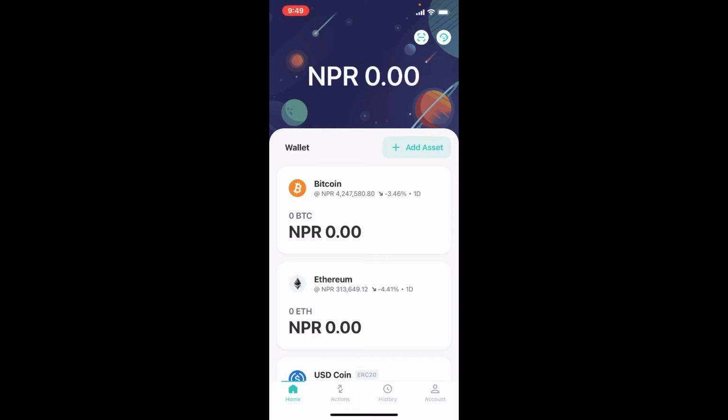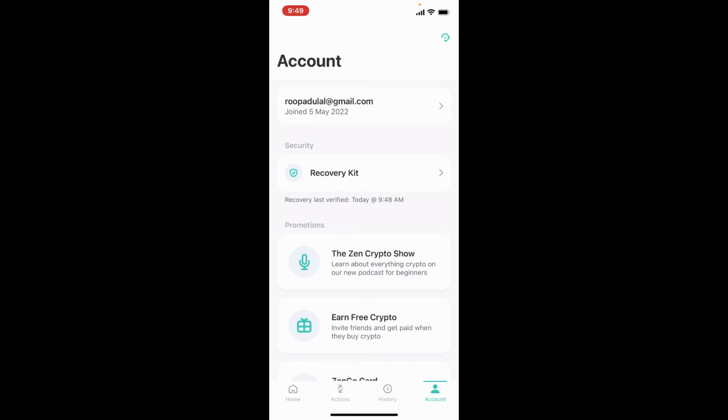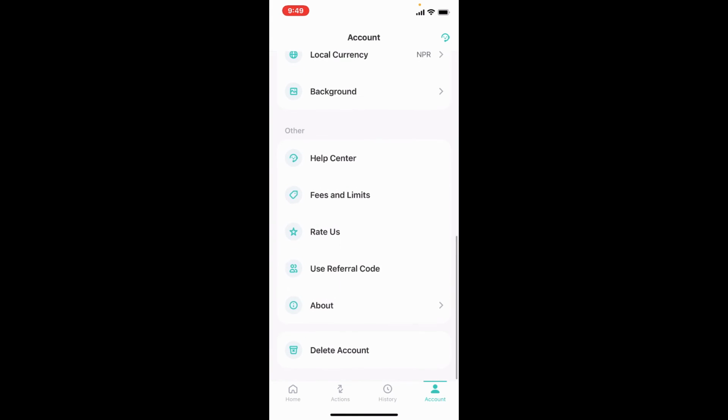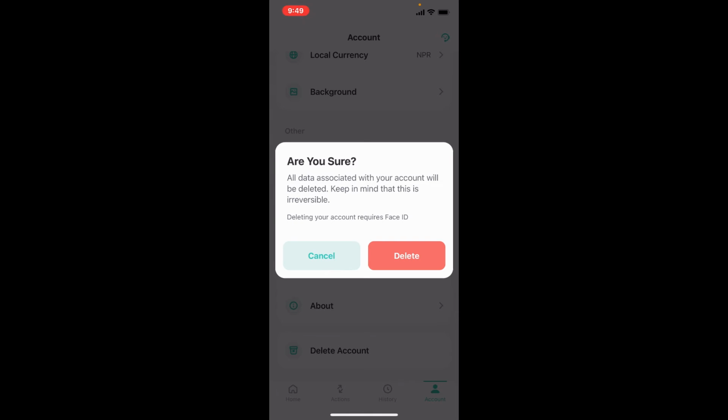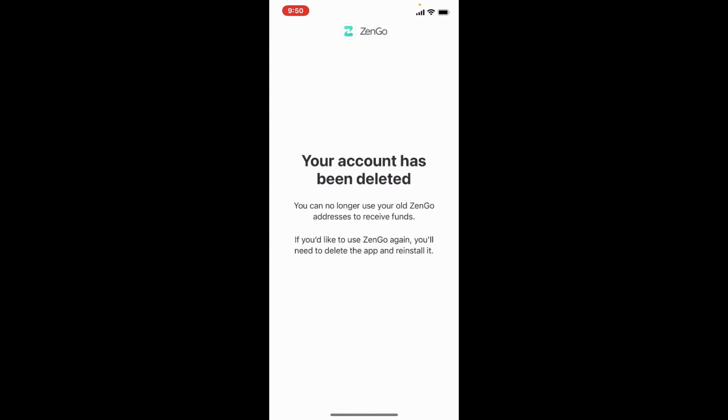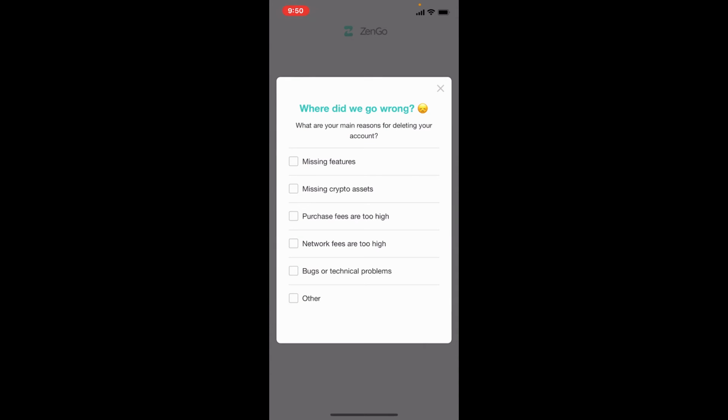From the main homepage of Zengo, tap on the account button at the bottom right hand corner, and now scroll all the way down to the end of this page. Tap on Delete Account. If you have any balance left on your Zengo wallet, make sure to transfer it to another wallet. Confirm your deletion by tapping on Delete, and that way you'll be able to delete your Zengo wallet